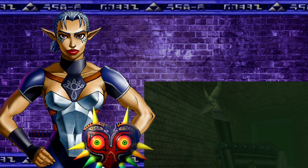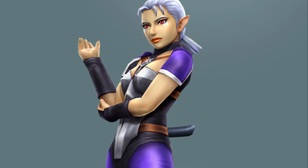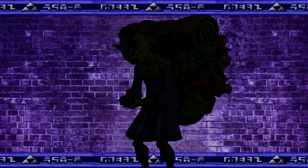Back on topic, Impa hides the mask in the Shadow Temple. Seems possible and certainly fits the theme, but what happened next? After all, she's the only one that knows. Probably. Through research, magic, or whatever else, someone may have discovered that the ancient mask exists. And who knows, maybe a certain someone was finally able to obtain the mask for himself while its guardian was